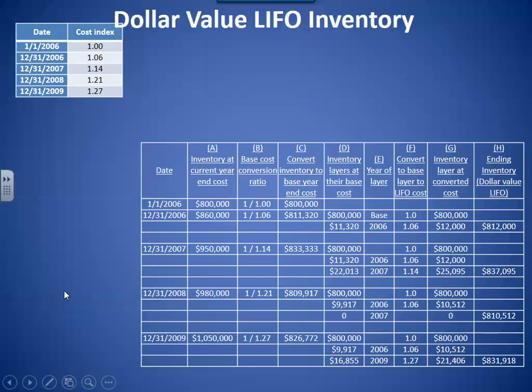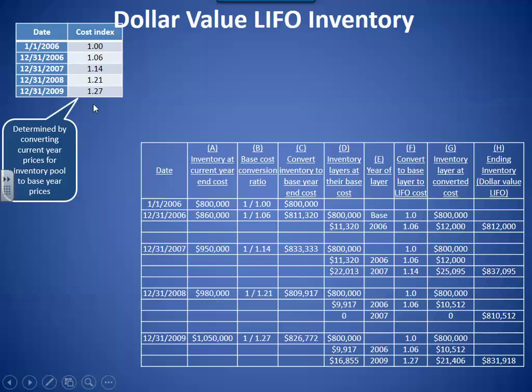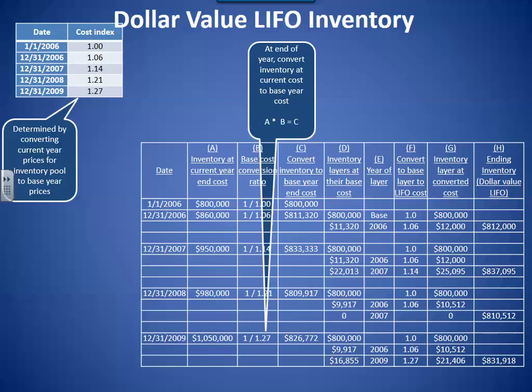Now we're going to do one more year just to keep going with this example. We're in 2009, and the price index is 1.27, determined by converting our current year prices in this pool to our base year prices. Our inventory at current year cost is $1,050,000. Now we have to convert that to base year cost. We take our $1,050,000 and multiply it times 1 divided by our price index. So our conversion to base year cost is